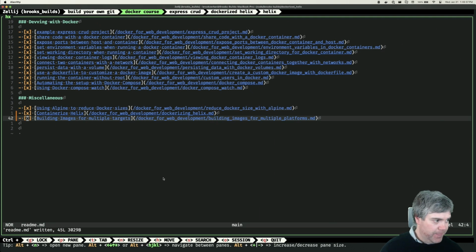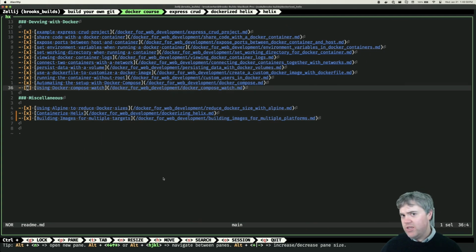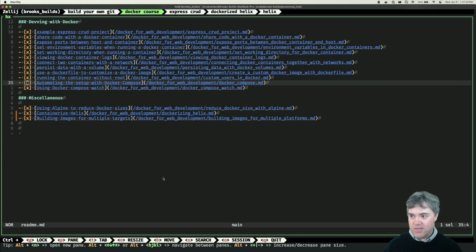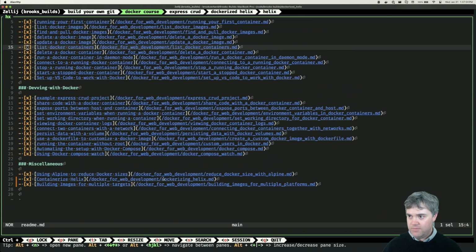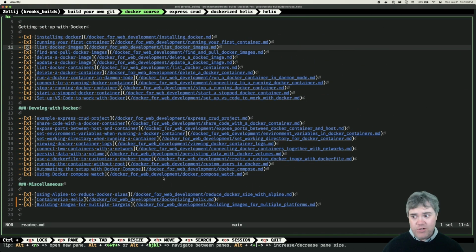All right. So the next thing is, I think, I don't have any other things to add into the course. This feels pretty good for getting started with Docker for web development type stuff. And in fact, I probably don't even need to call it